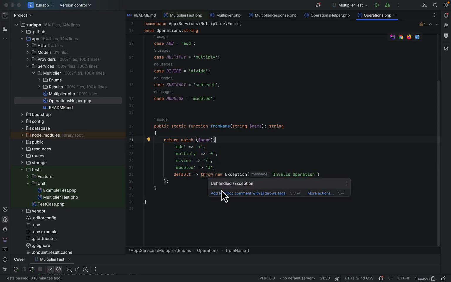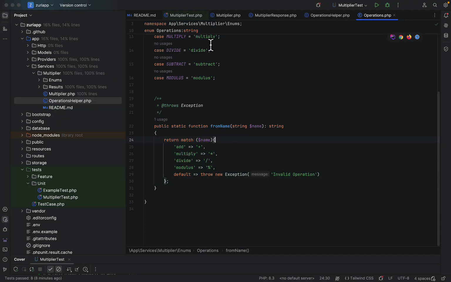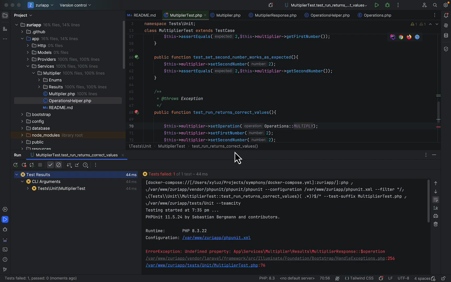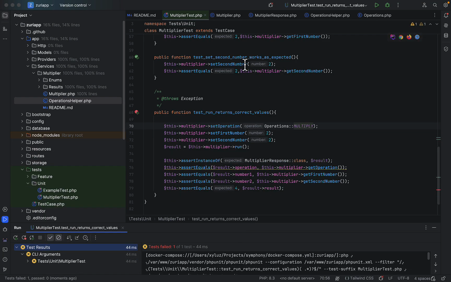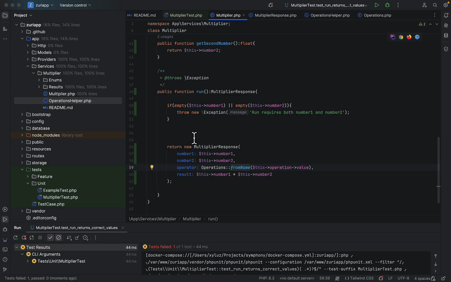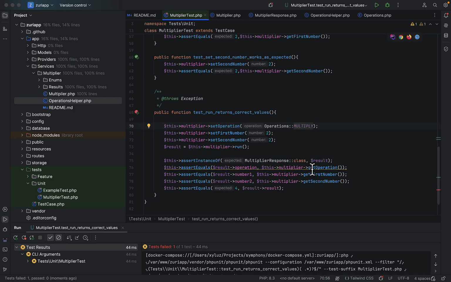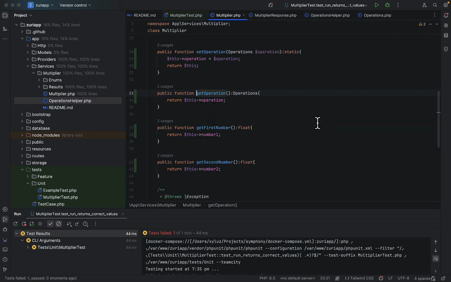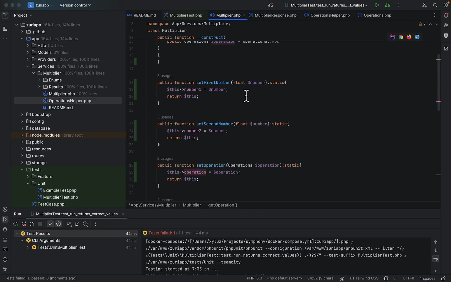Let's put the thing here. I just don't like seeing all those lines there. Okay, so this should pass. I don't anticipate any problems here. Oh, it fails. Nice. That's very good to see. Okay, so this should be fine. Let's see what is failing. It says this is failing because get operation expect to return undefined property operation. Right. See, we made some changes somewhere that has now led us to